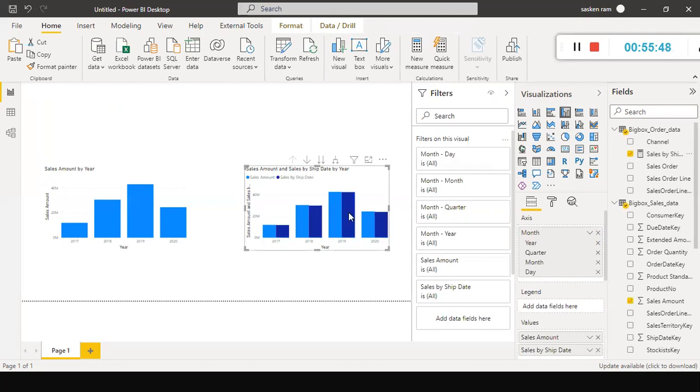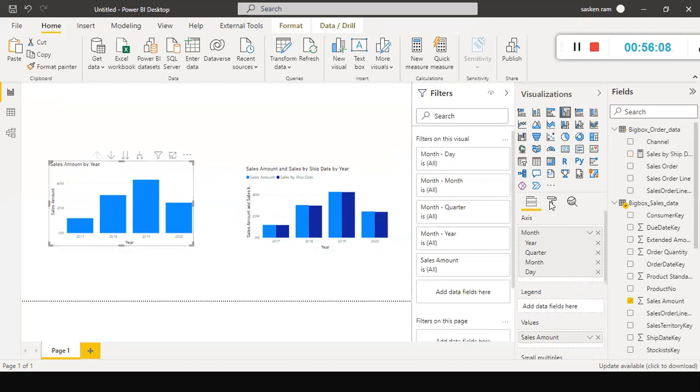So now if you see this here, sales by ship date, here also for 26 and 28, right? So now this sales amount is nothing but the sales amount by order date. Why do I say this is a sales amount by order date?